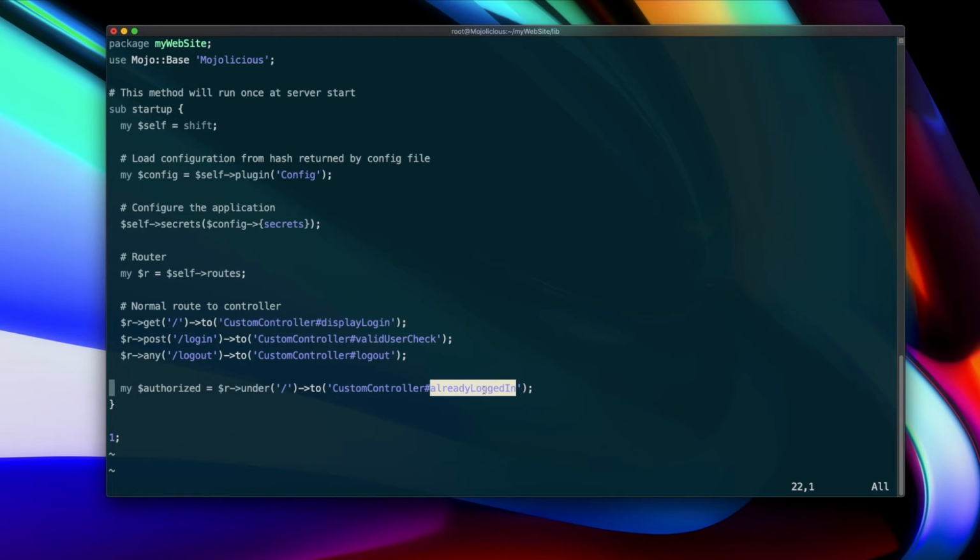If you remember, we had created this already logged in subroutine in our controller, which basically checks if a user has logged in or not. This is not relevant now, but will be very useful in the next session. What under does is, if the subroutine executed in the under call fails, nothing below this statement gets executed. This comes in handy when your website has many pages. You don't have to add logic to check if the user has logged in multiple places. This one call does it all for you. We will see it in action in the next session. Don't forget to save and exit.